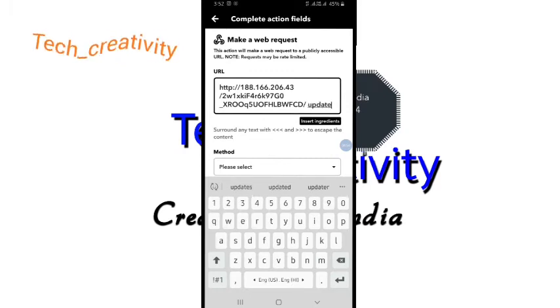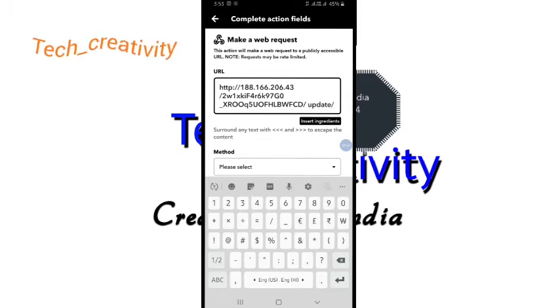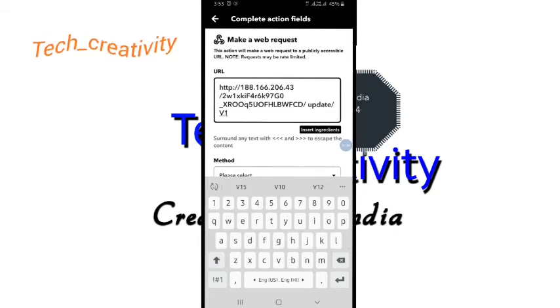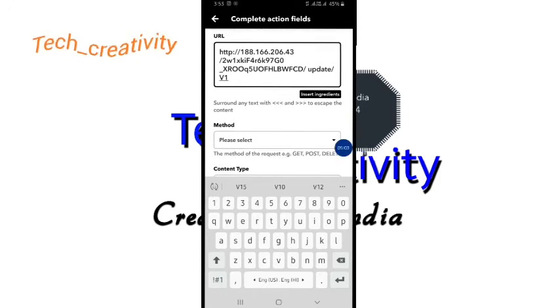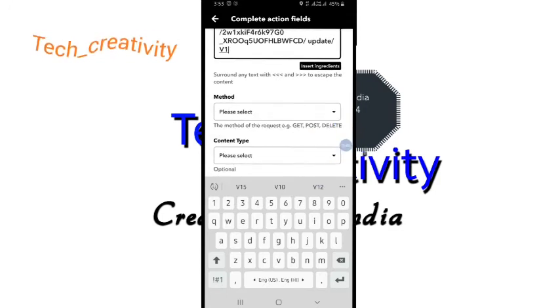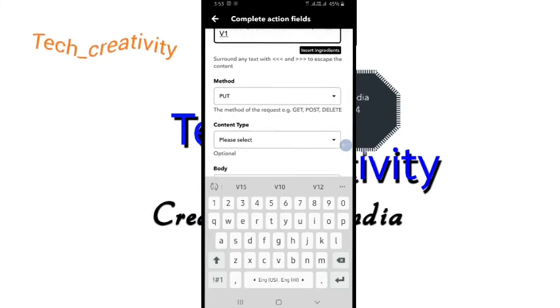Select the authentication code and copy, then paste. /update. /virtual pin V1. Selected virtual pin V1.